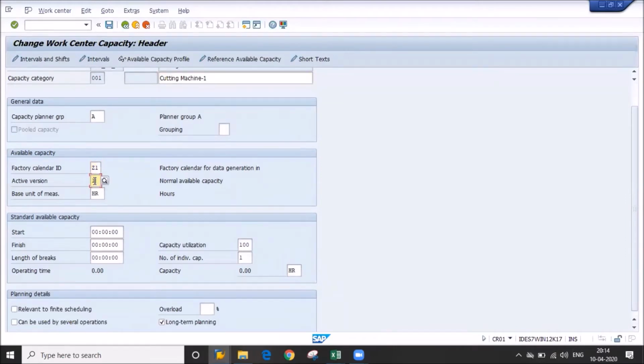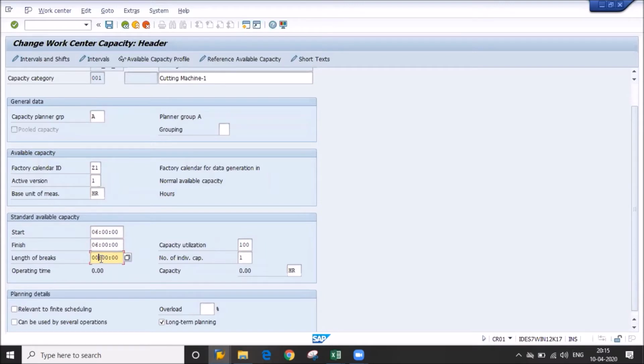Active version means capacity availability time. So already we maintain as a one, and base unit of measurement, because your capacity means it is in hour. Now suppose your start time 06, okay, and finish time is 10. 06.